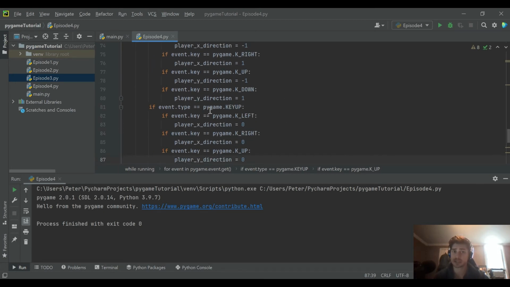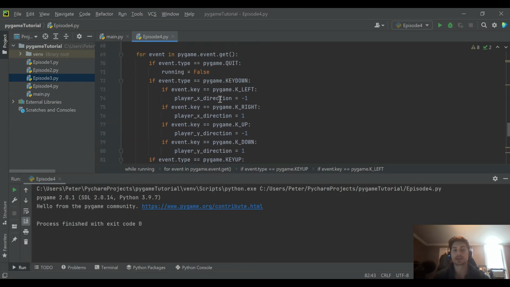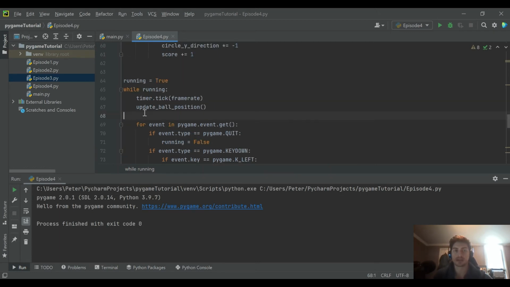If you don't include this key up stuff, it's going to keep sliding in whatever direction you last pressed until you press another direction. You could build a game that way, like a lot of times in ice dynamic, where you stop moving but you're on a slick surface. That'll involve a continued motion, kind of like that. But for us, this is how we're going to do it, and we are going to now create another function